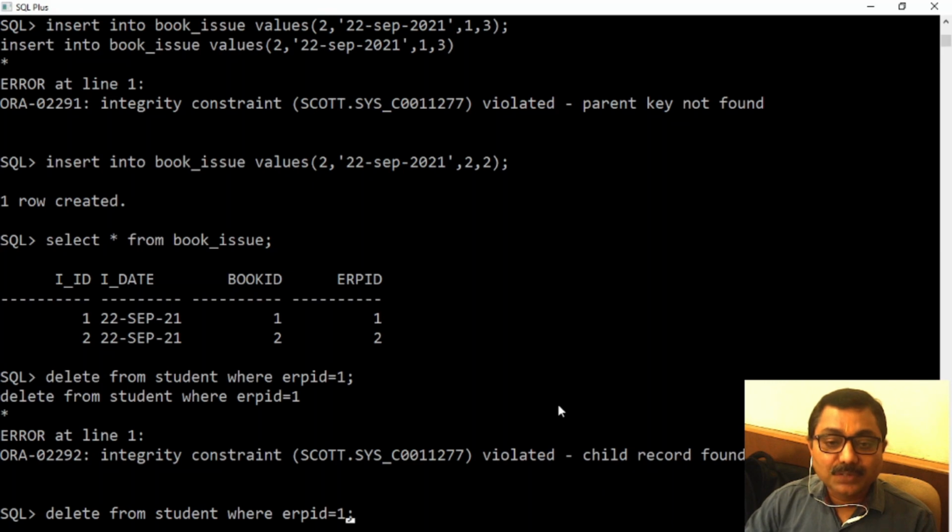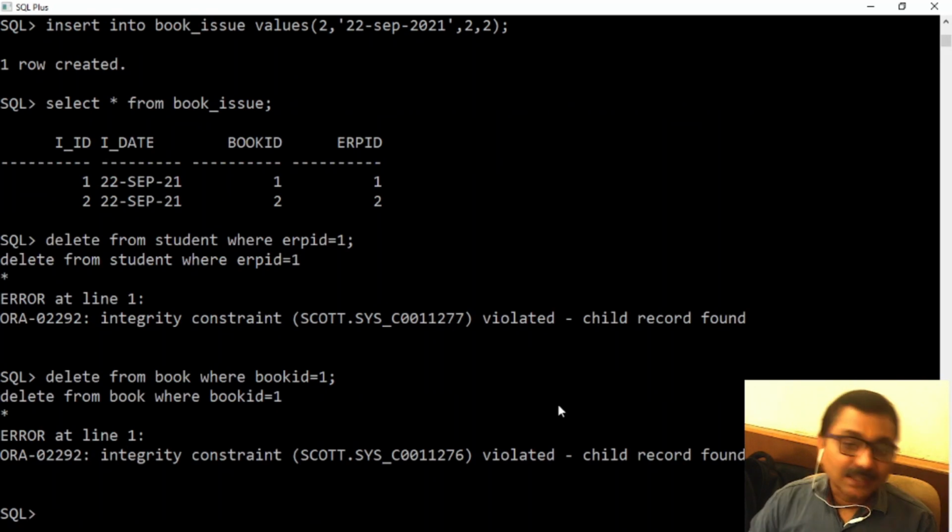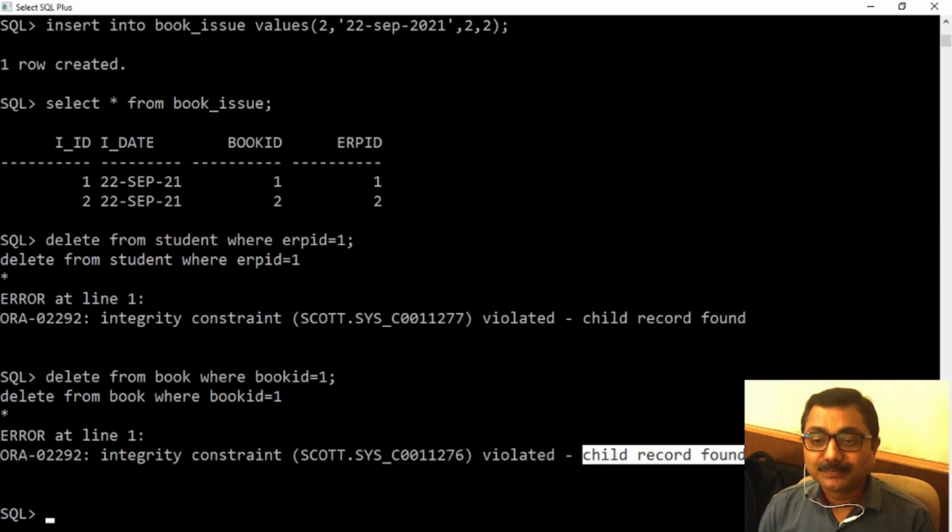Similarly, if I try to delete a book from the book table and the corresponding record is available in the book issue table for that book, I won't be able to. So book ID 1, I'm trying to delete. Again it says child record found.